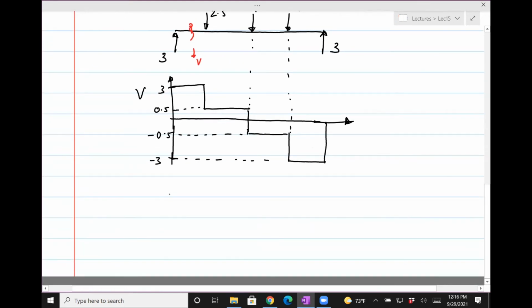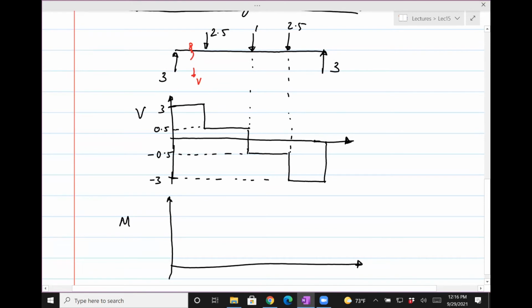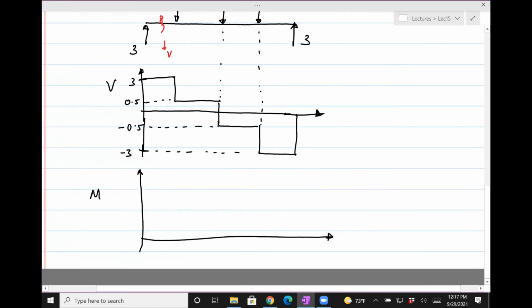Okay, the bending moment diagram. It's all positive, so I'll just try it this way. For bending moment, which I think is even harder than the shear force diagram, what you do is you take a section and you assume that sagging, sorry, counterclockwise is positive, and then you write the equation and do it. There are many ways to do it. Another way to do this bending moment diagram is to notice that,